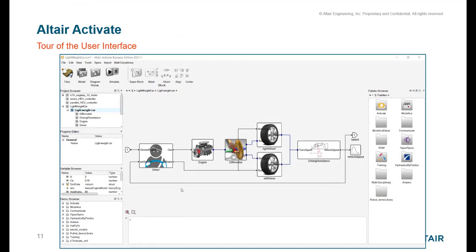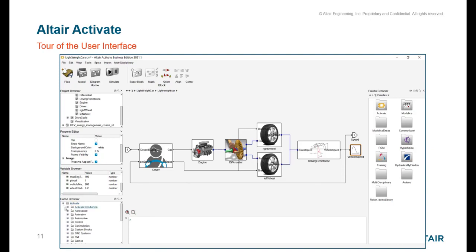So let's take a look at the user interface for Altair Activate. It's very user-friendly, I believe. The ribbon on the top allows you to open new models, and using that view drop-down menu, you can see the different windows that are available to you in the user interface. A project browser, a property editor for editing things like the color scheme of plots of your signals, a variable browser, and a